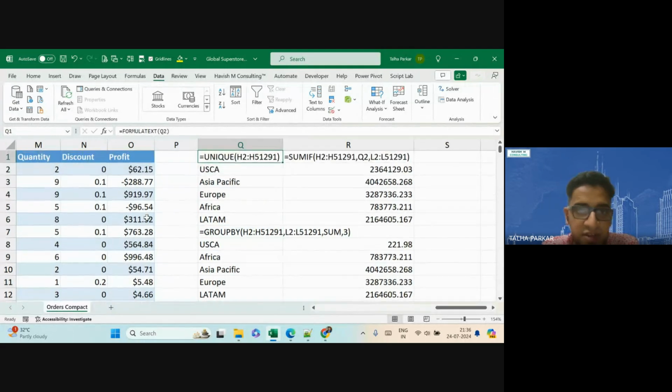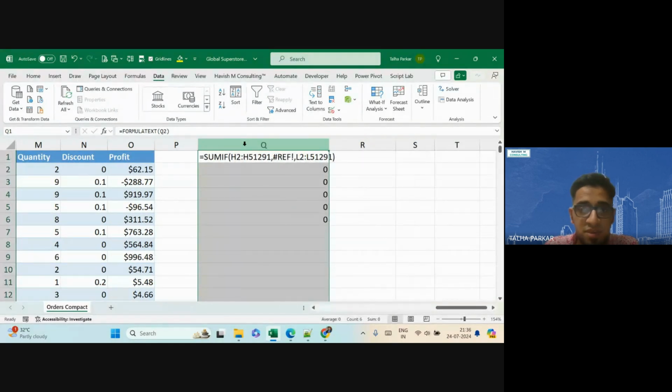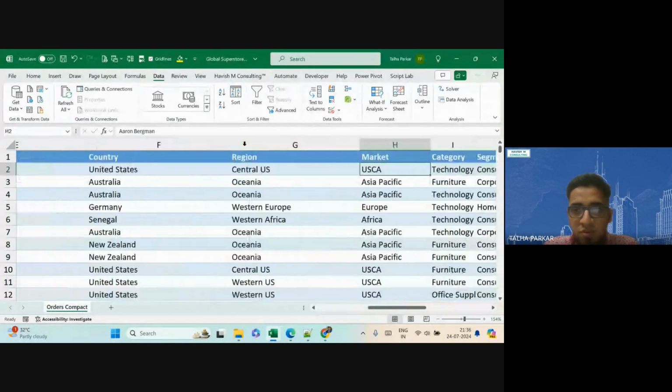आपके पास नया वर्जन नहीं है तो आप यूनिक भी नहीं यूज कर पाओगे, आपके पास सिर्फ समिफ होगा। तो फिर आप कैसे करोगे उस केस में? उस केस में you will have to copy the list of markets,